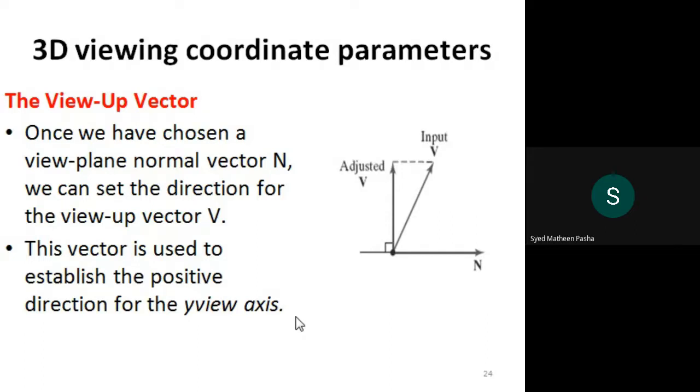Excuse me, students, the resultant of the view up vector is basically a positive direction with respect to the different axes. In this example, check out, there is an establishment of a positive direction with respect to the y axis, that is this axis. This is a direction which is being adjusted with respect to the y axis. So this is called the view up vector. You are just finding out the distance as well as the direction with respect to some axes.